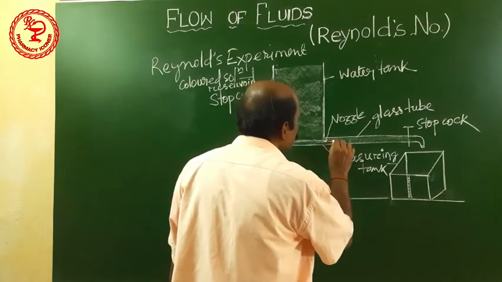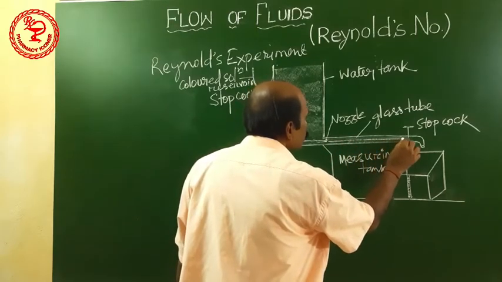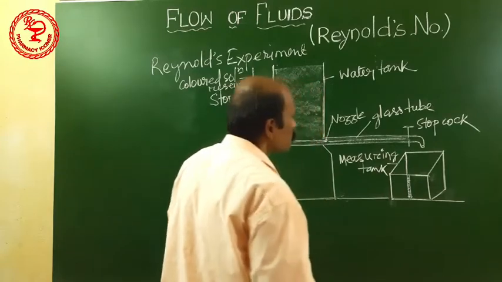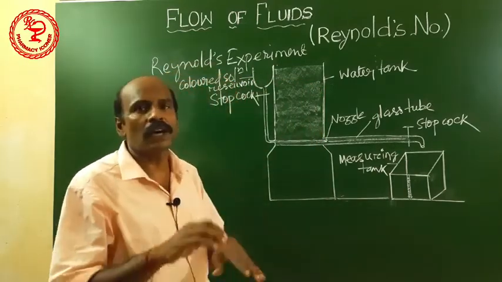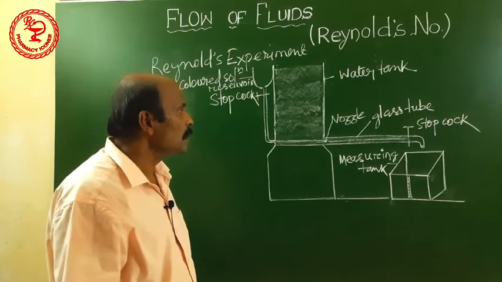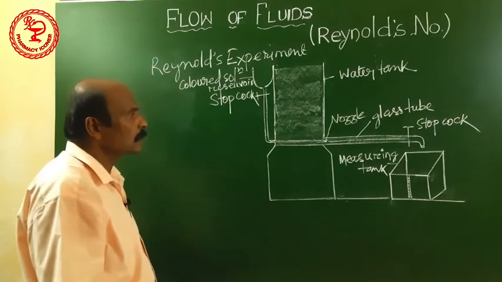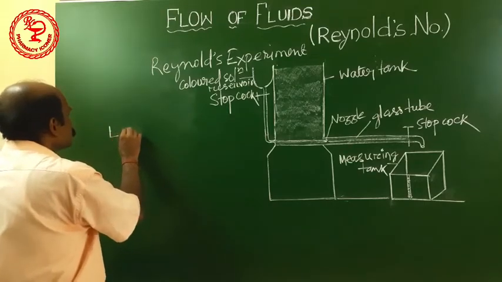The color solution will pass as a layer throughout the pipe. That means it will not mix with the adjacent layer. This type of flow is called the laminar flow,